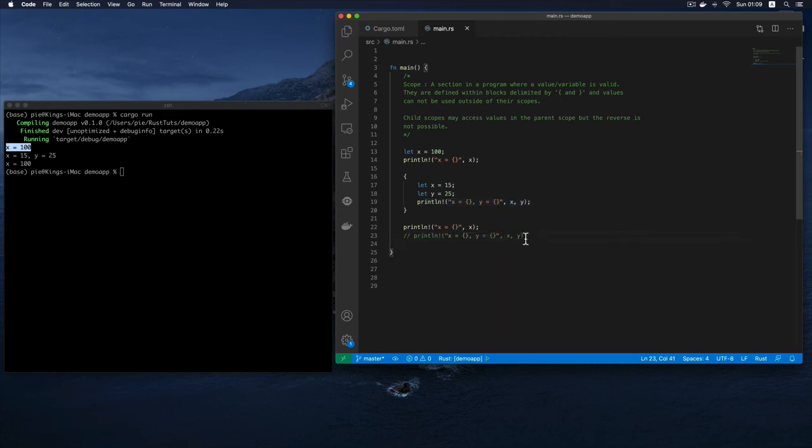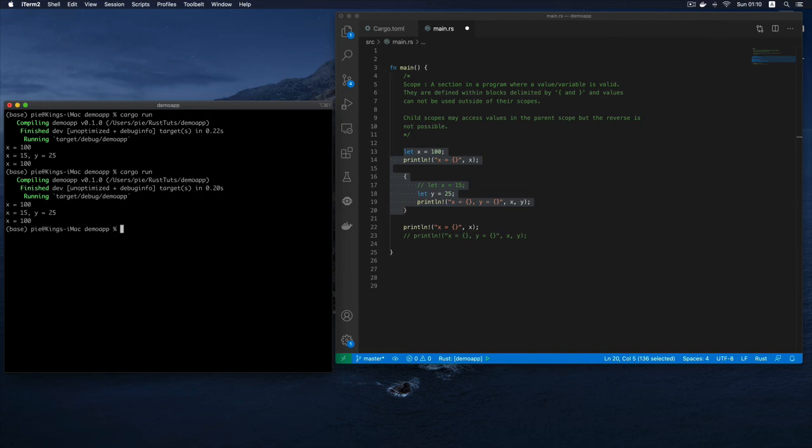Let me show you a demonstration of that. So let's imagine that inside the inner scope I didn't shadow the x variable. You can see that over here I am printing x and y, and the compiler is not complaining, and the reason is that this is the child scope and it has access to what has been defined in its parent scope. So if I run this program once more, you can see that this time around when I print x,